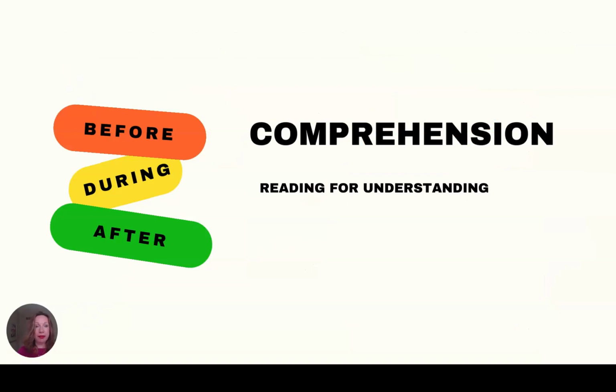Comprehension, this element probably gets the most attention because that's the point of reading. It's for comprehension. Comprehension is reading for understanding, making meaning from text. And readers do this actively. It's an active process. And we as teachers can help students before reading, during reading, and after reading to